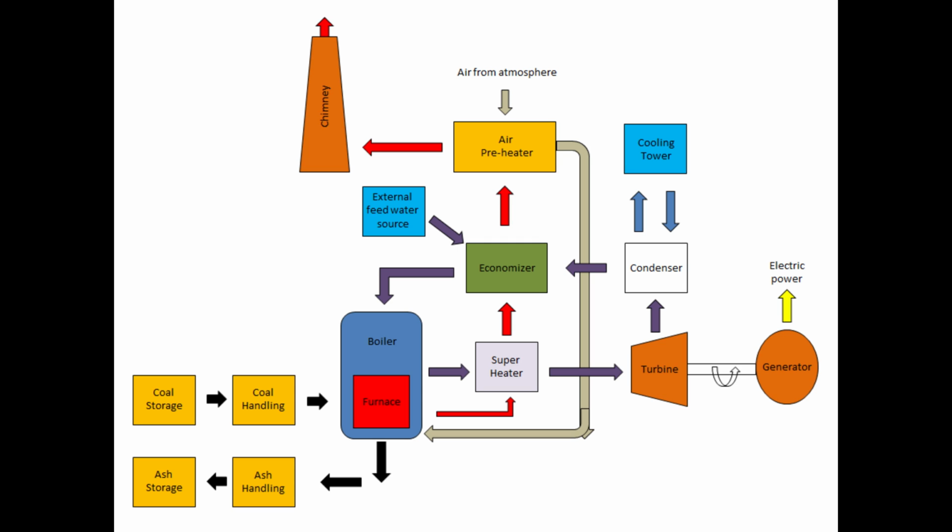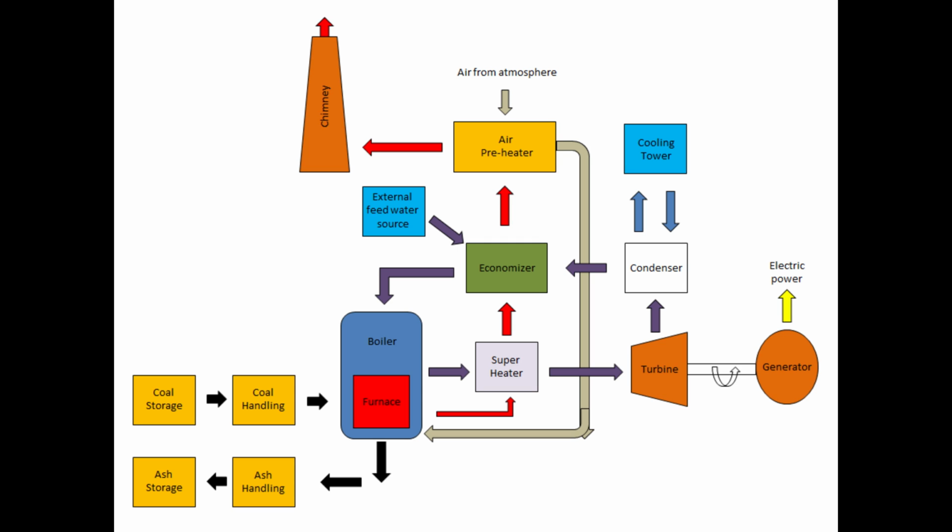5. Economizer. As its name indicates, it economizes the working of the boiler. It heats the feed water to a specified temperature before it enters the boiler drum. It takes the heat from the burnt gases from the furnace to do so. 6. Turbine. It is the mechanical device which converts the kinetic energy of the steam to mechanical energy. 7. Generator. It is coupled with the turbine rotor and converts the mechanical energy of the turbine to electrical